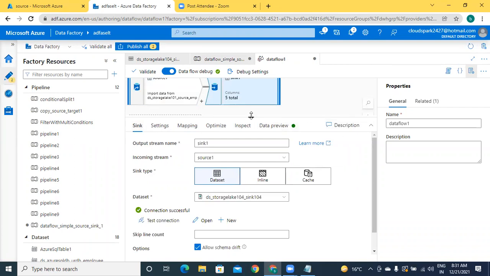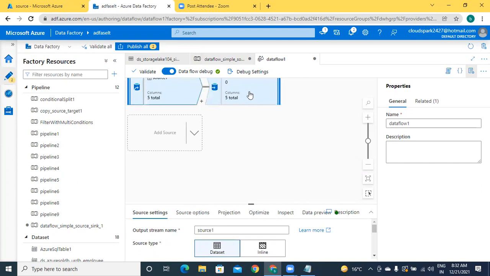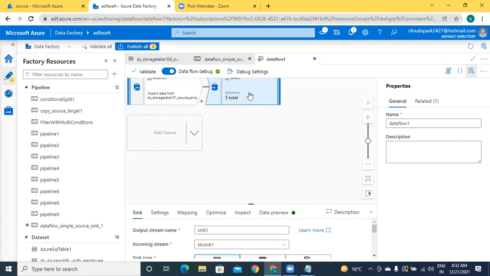This is our entire data flow activity. Within the data flow activity, you have only two transformations, source and sink. That's it. Got it. Now you can execute it.